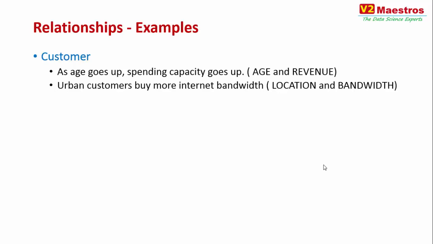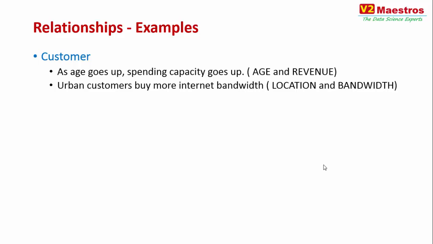Like when you take a customer, as age goes up, spending capacity goes up. So there is a relationship between age and revenue from the customer. There is a logical explanation that as age goes up, possibly the person is making more money, so their spending